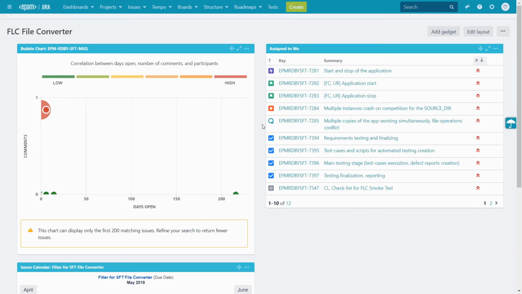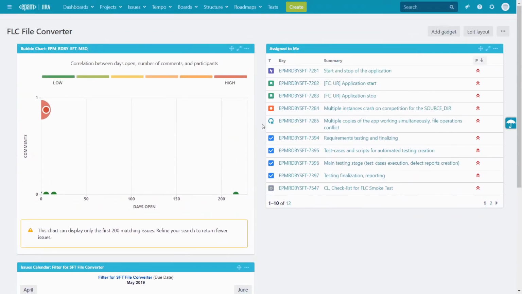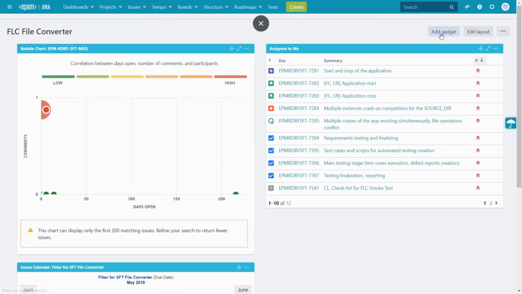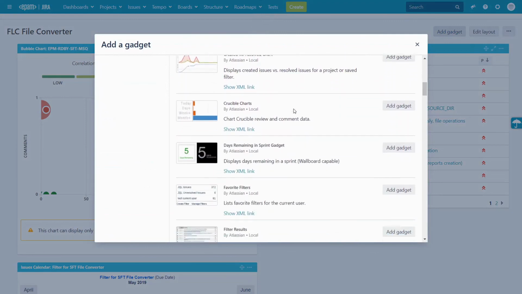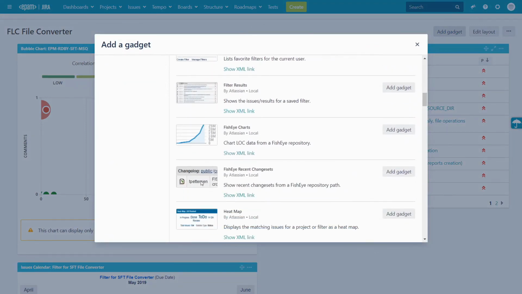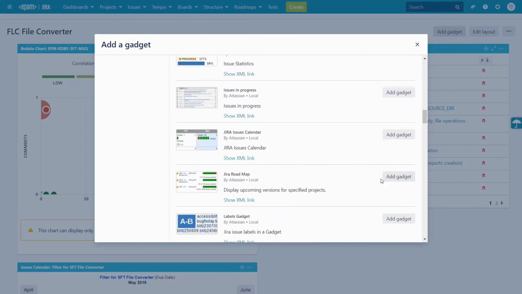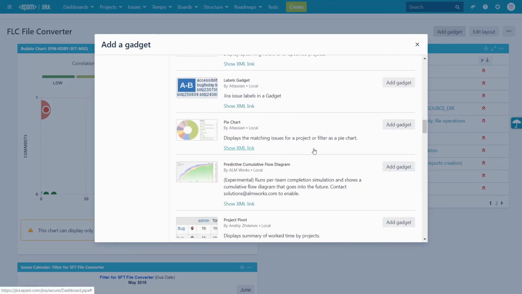We may also use some project management system for the reporting, like Jira here. So we see different lists of requirements, issues, we see some plots, diagrams, charts, and so on. We may add a lot of miscellaneous widgets here. Anything we want to know about our project, anything we want to see. We just click Add Gadget, and in a couple of seconds we see that gadget on our dashboard.